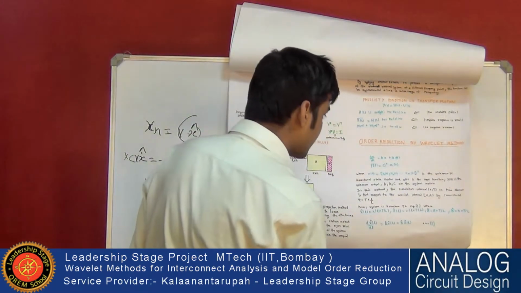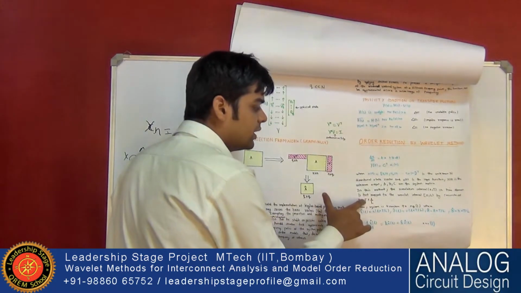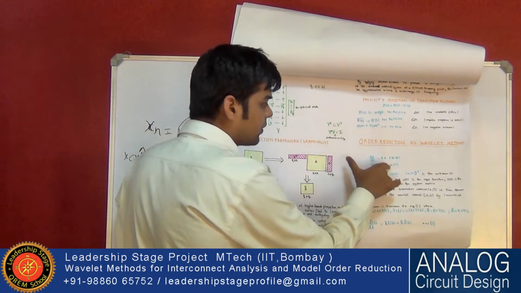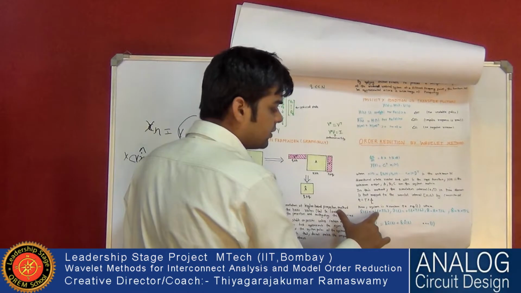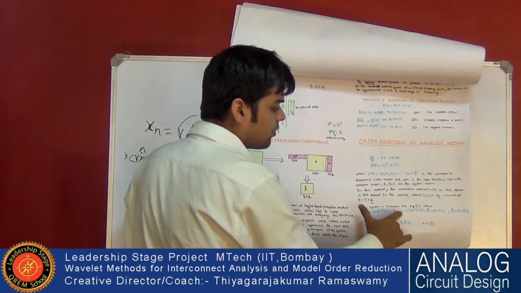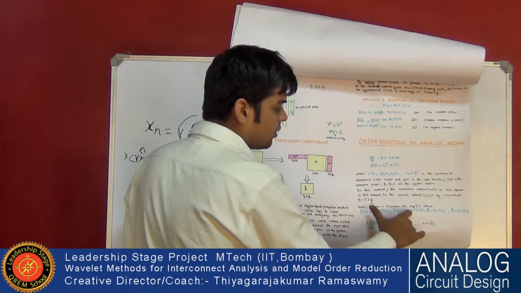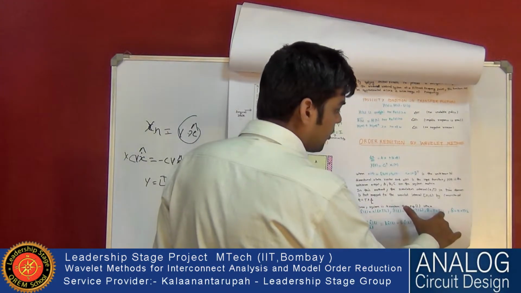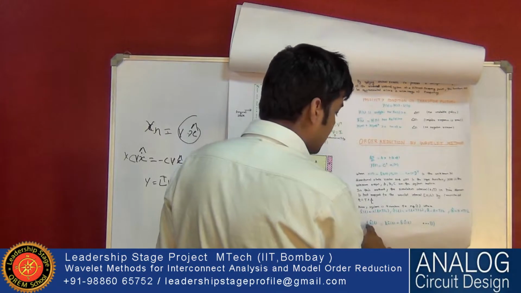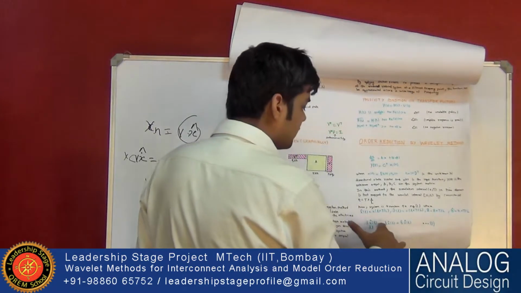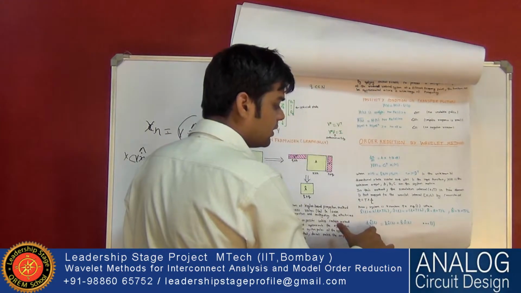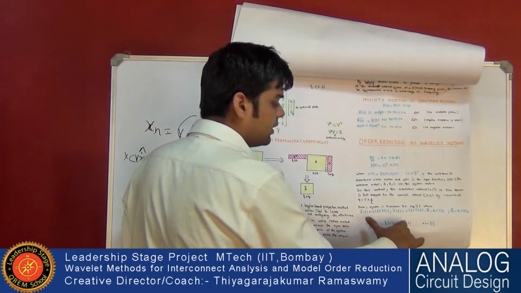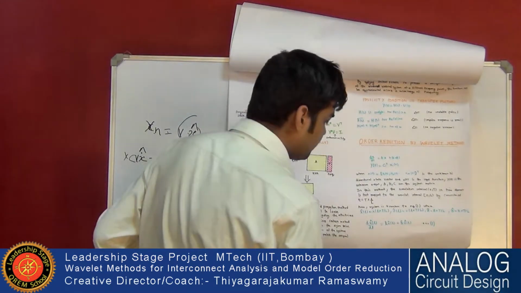After putting t equal to T into l, x becomes x(l), u becomes u(l), A becomes A into T upon l, B becomes B into T by l, and by putting that we get dx(l) by dl equal to A x(l) plus B u(l).